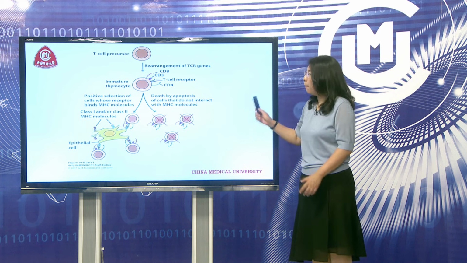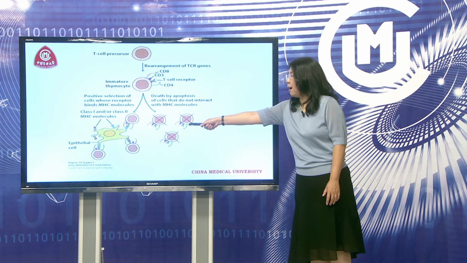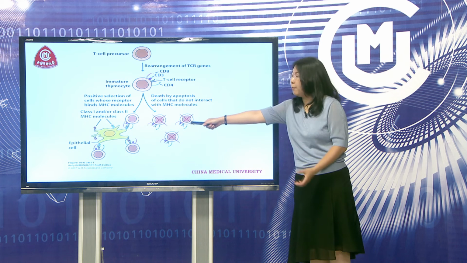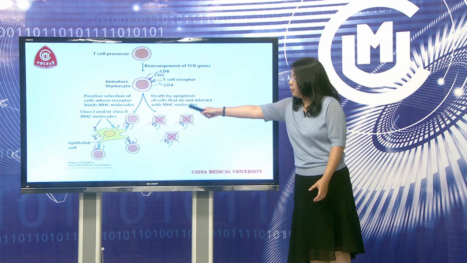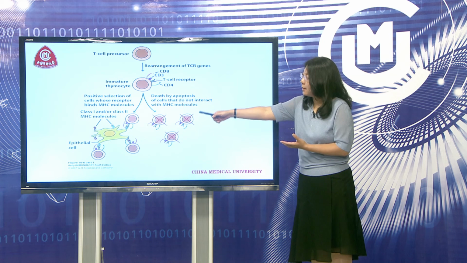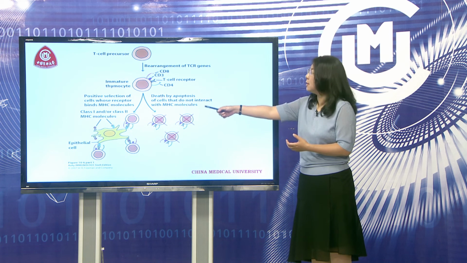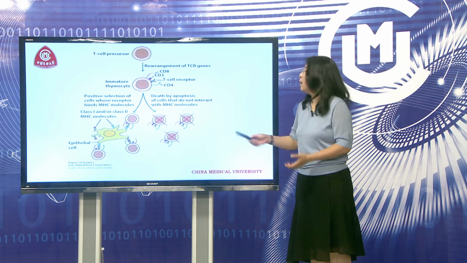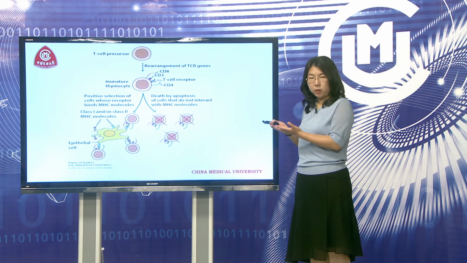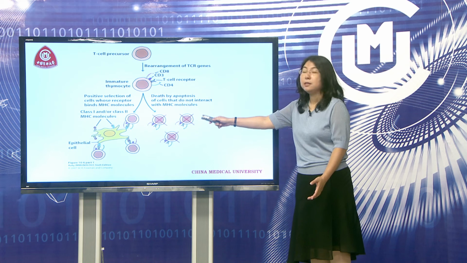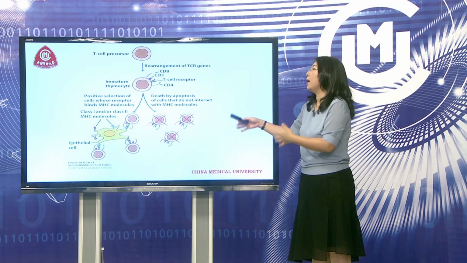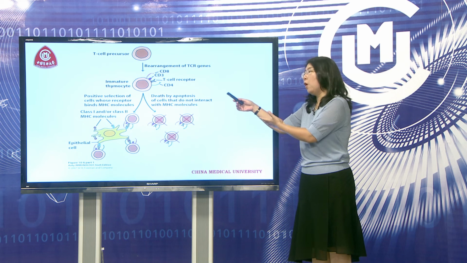So that's it. For positive selection, the TCR must have a moderate affinity with the MHC molecule. So this T cell can recognize the self-MHC, can recognize this MHC molecule, and this T cell will survive. But those T cells whose TCR cannot recognize the MHC molecule cannot survive. So this positive selection gives this T cell the